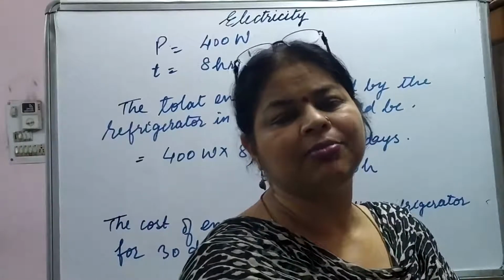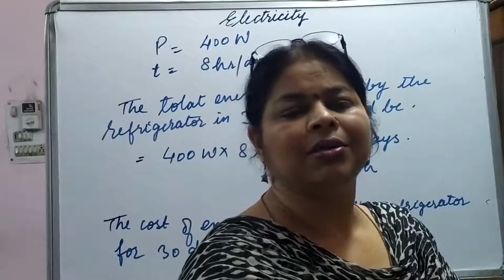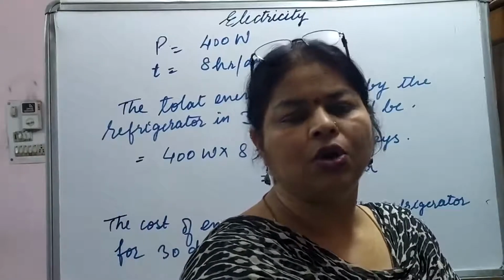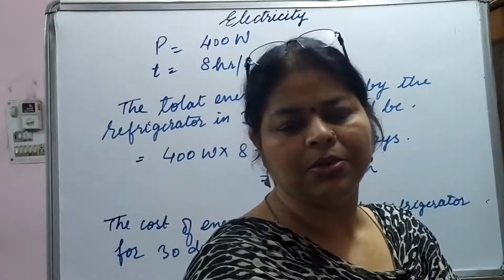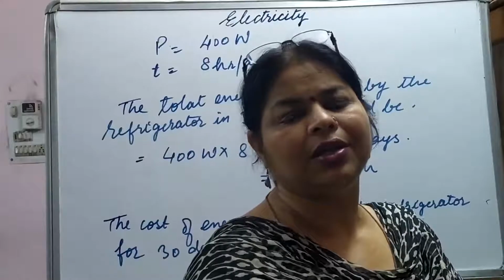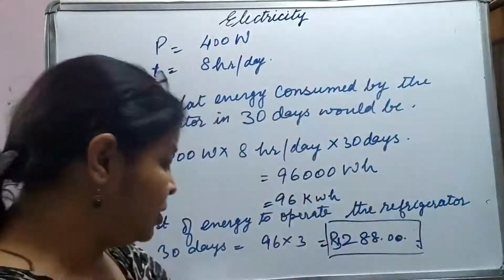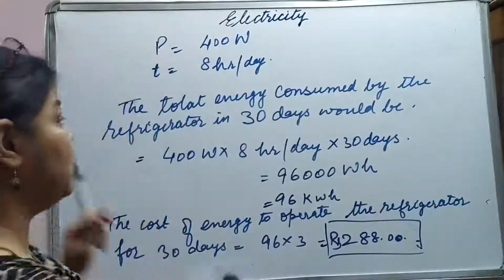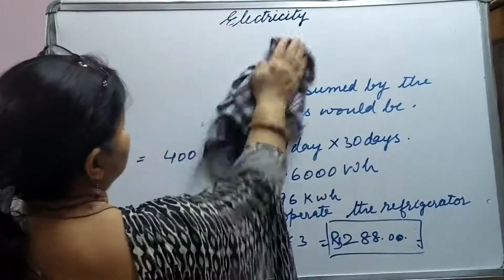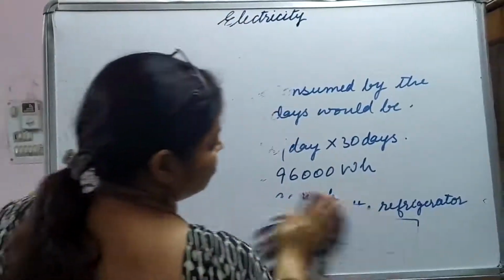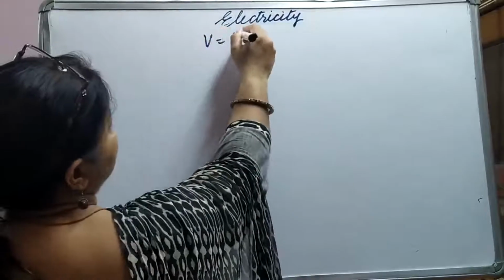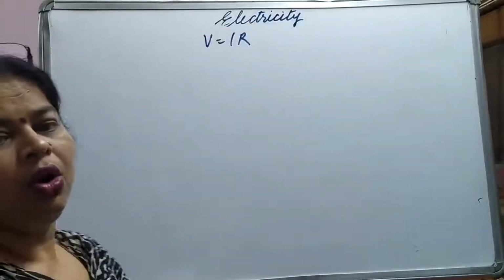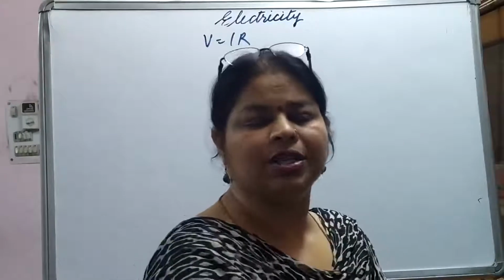Now let us discuss some numericals on the basis of Ohm's law or series. Okay, so let us start with the concept, and it is again from your solved text examples. The first question that we are going to do is based on Ohm's law. What is Ohm's law? What is the mathematical expression for Ohm's law? It is V is equal to IR. Okay, so let us start with the statement.